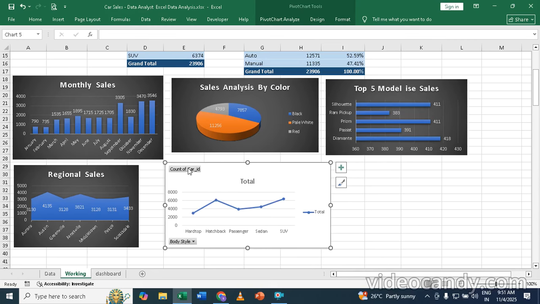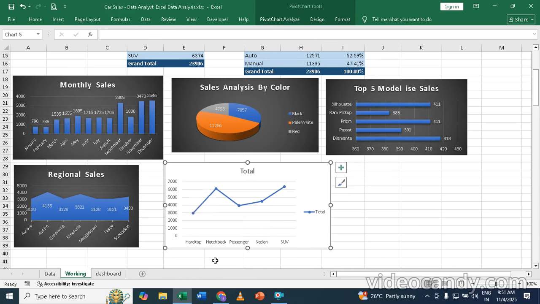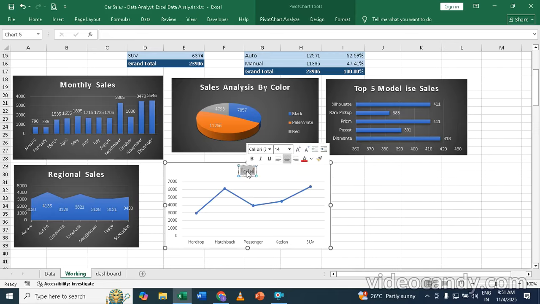and this is not required. Right click, hide all field items. This total is not required. Then this total is there. You can just double click here like this for the heading and write down there sales quantity by body style. I'm just writing your sales quantity by body style,